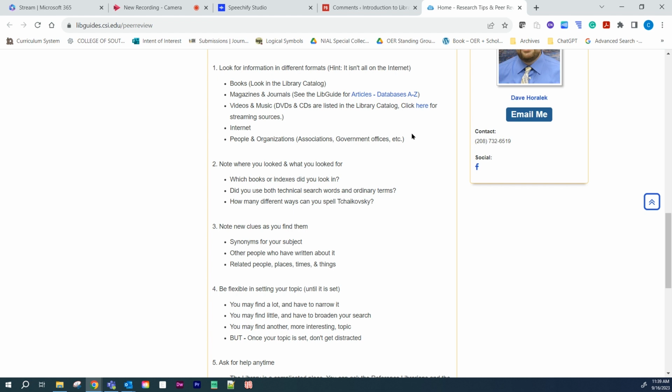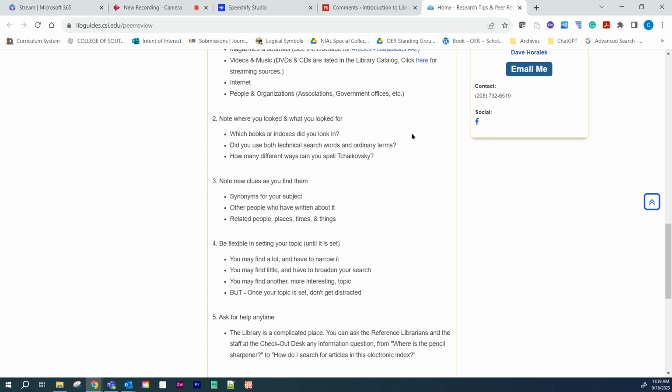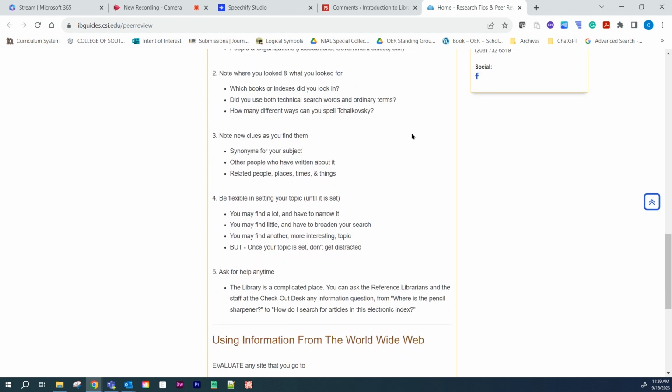That's why we have archives, to track all the minutes, the records, diaries of different people, and see how those things inform our knowledge of broader movements or of familial ties or of local groups. Again, many different resources. Next, and this is where the index cards do come in handy, note where you looked,